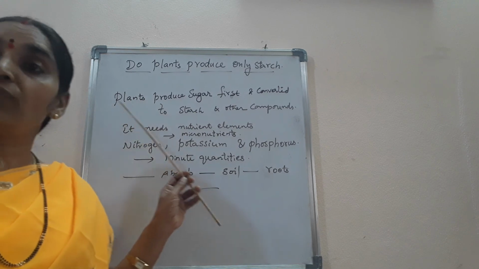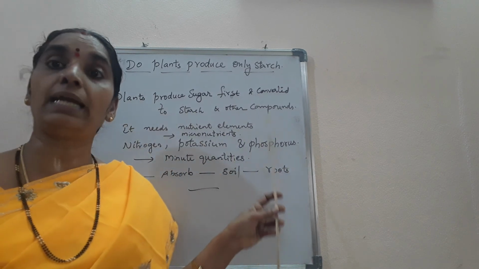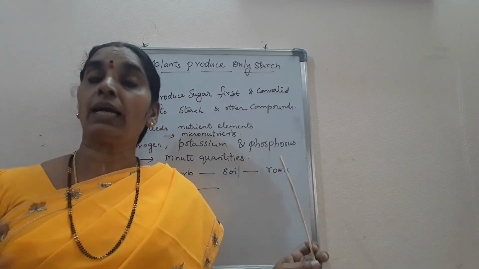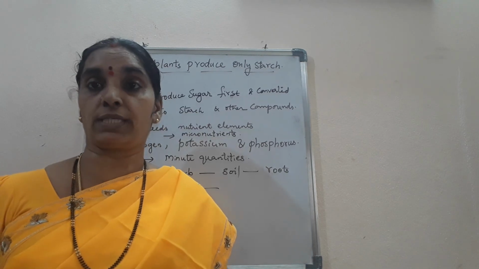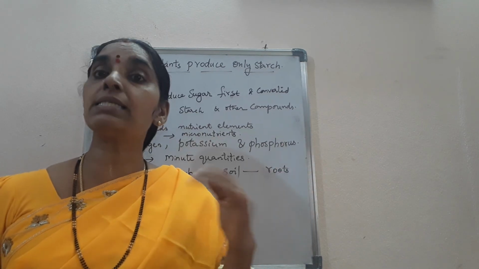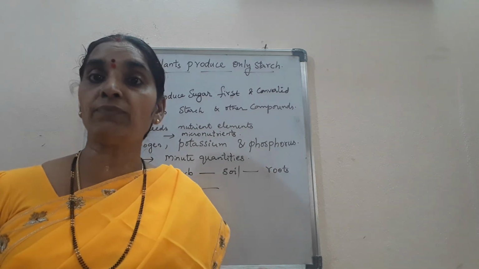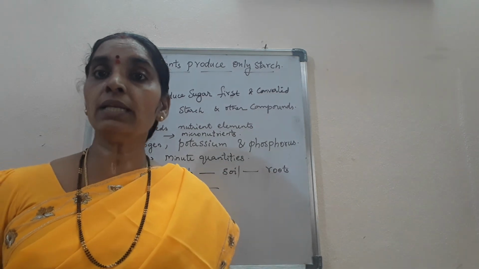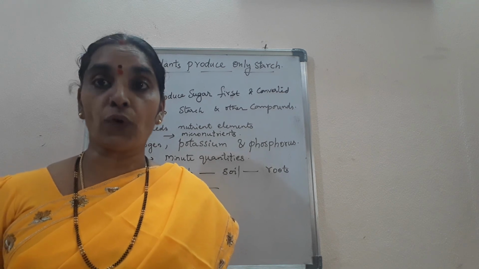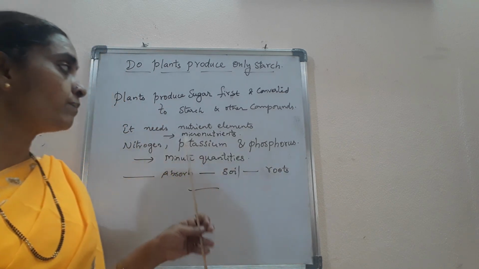So the plants first prepare sugars, and later they are converted to starch and other compounds. So in this preparation they need certain nutrients called micronutrients, which they get from the soil. Okay, children? So these are nitrogen, phosphorus, potassium. They are required